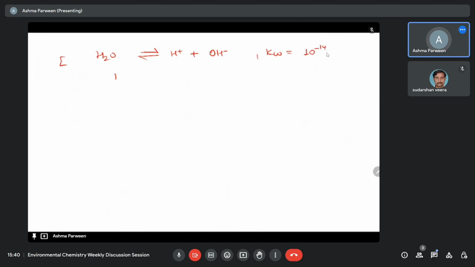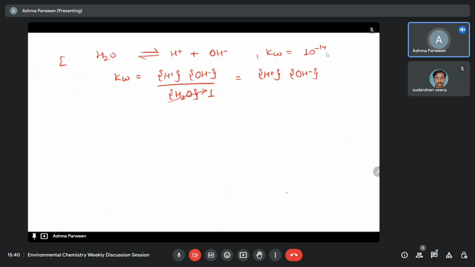So we can write the equilibrium constant in terms of the activity of H plus and OH minus divided by the activity of H2O, and we know that the activity of water is 1. So Kw is equal to the activity of H plus times the activity of OH minus, and for a dilute system we